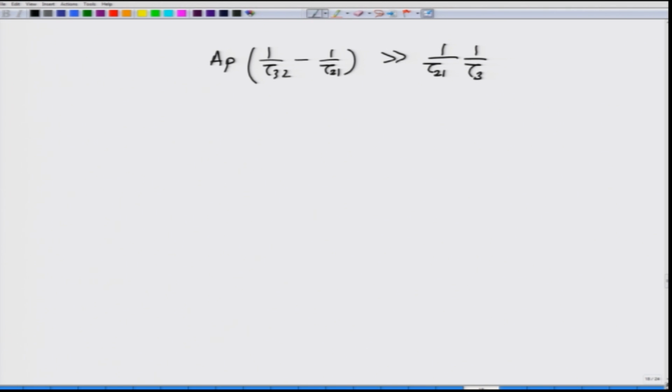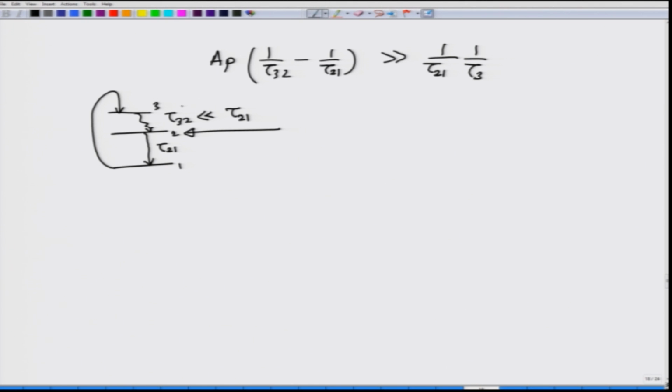You can write down these equations, and what you would actually find is that from energy level 3 to energy level 2, tau 32 is much smaller than the lifetime from 2 to 1. So, you have this tau 21 which is much longer. Which means that most of the atoms which go from 1 to 3 and from 3 to 2 would remain in this energy level E2, so that the population inversion can take place. If they do not remain and just keep falling down to N1, then there is no population inversion, and no laser that can be sustained. So, clearly tau 32 must be much smaller compared to tau 21.